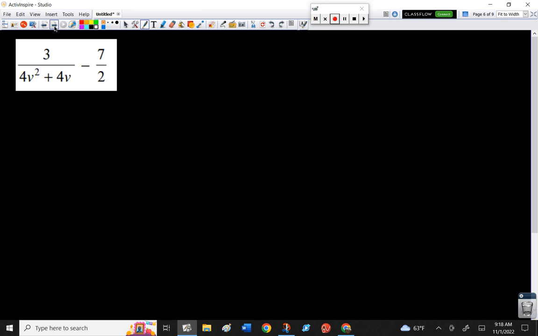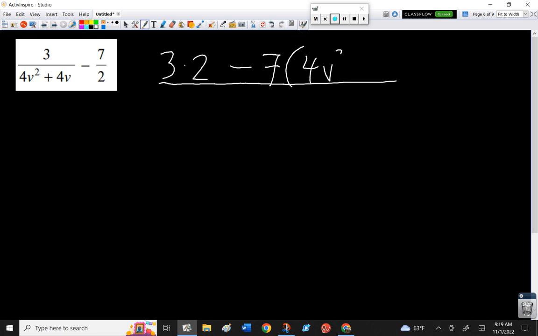Here's a very similar example, ladies and gentlemen. However, this time we do have a minus in the middle. So, when I'm going to do this, ladies and gentlemen, what we're going to end up doing here is we're going to be multiplying the same way, but we have just a minus in the middle. So this time, we're going to put 3 times 2 minus, now be really careful here because you're going to have to put 7 times parentheses 4v squared